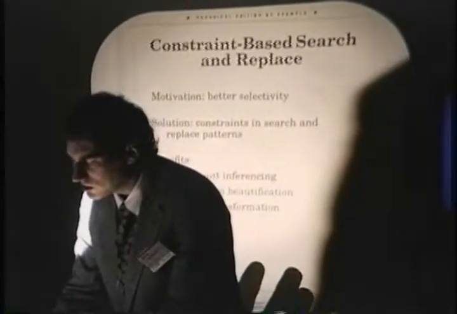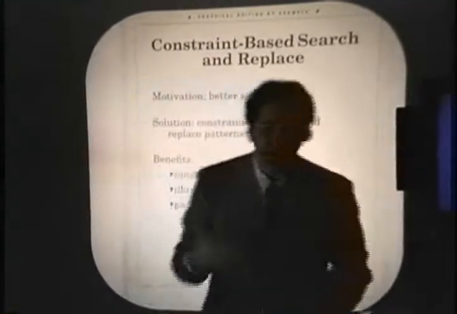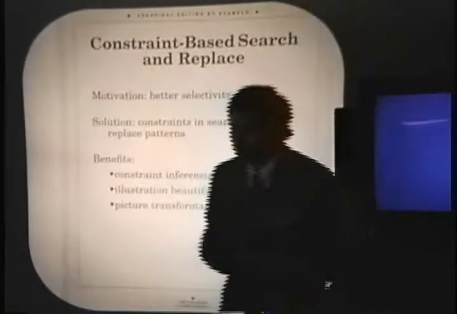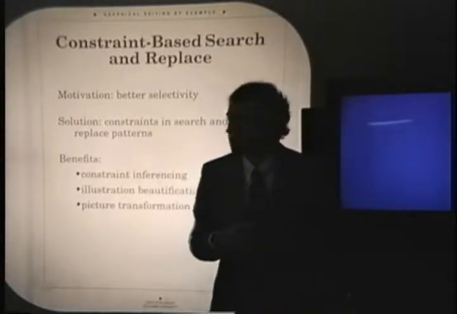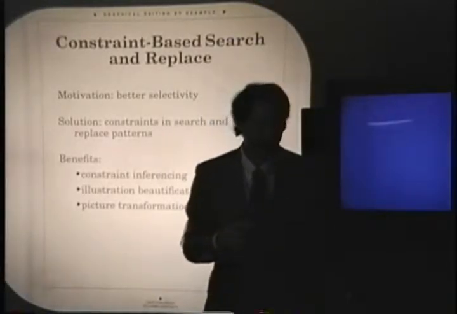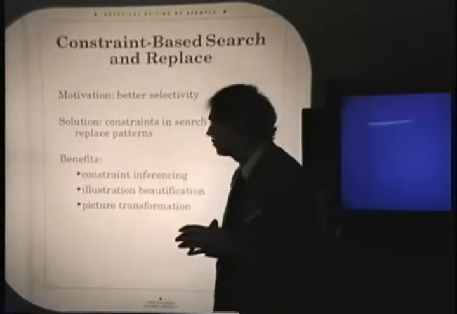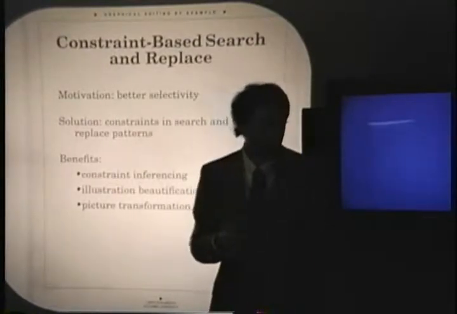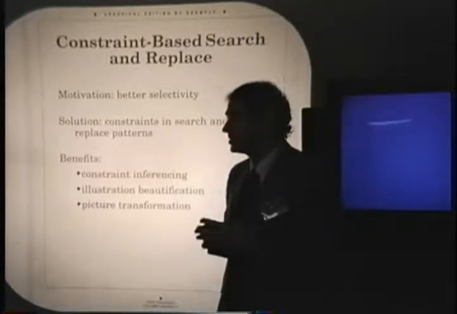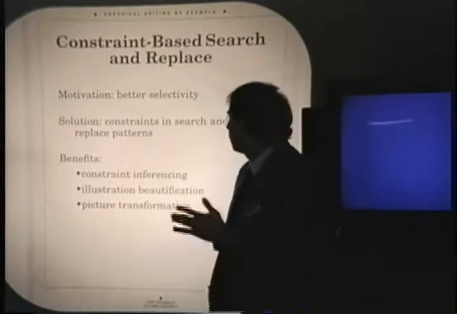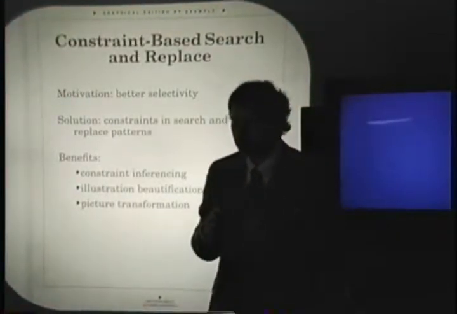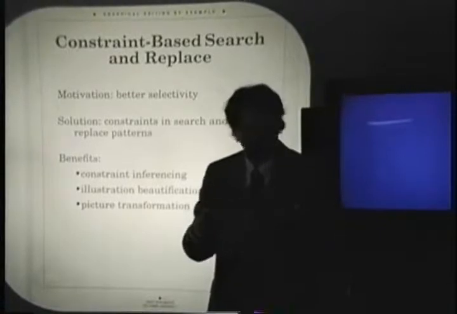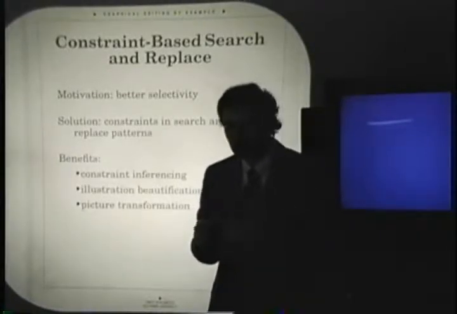Well, I just talked to you about graphical search and replace. Graphical search and replace has a limitation as we currently defined it and implemented it. Even though we can search for complete shapes in the scene, we can't search for particular geometric relationships. So, for example, we could search for equilateral triangles in the scene, but we couldn't search for any triangle containing a 60-degree angle. Furthermore, we can replace complete shapes. We could replace any equilateral triangle with another particular kind of triangle, but we couldn't just change one particular angle